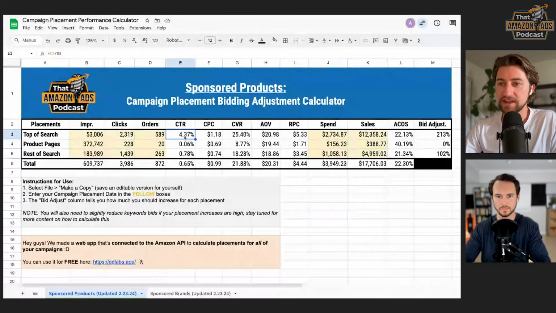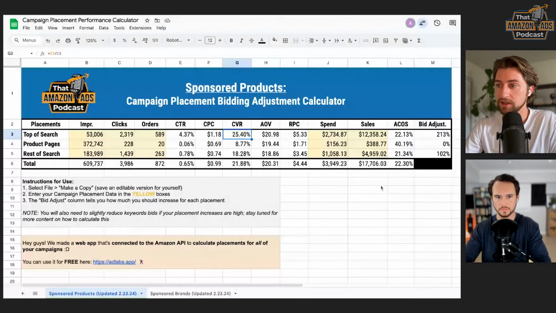However, I always like seeing my click-through rates, my CPCs, my conversion rates. So I like to fill in all the yellow cells, just so I can get the full view. But if you've been using this for a while and you're just trying to get down to the function without doing all the deeper analysis, all you need is sales and clicks.